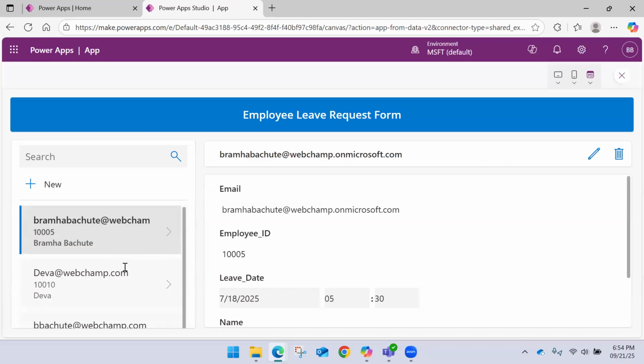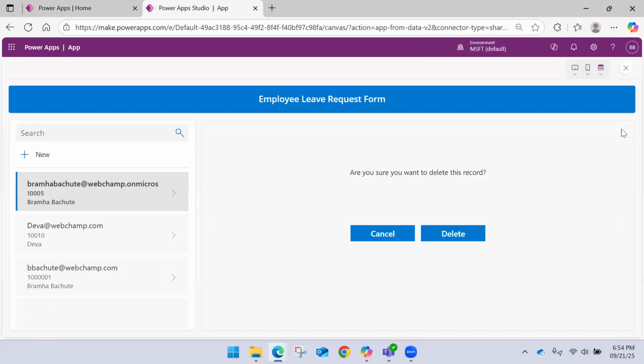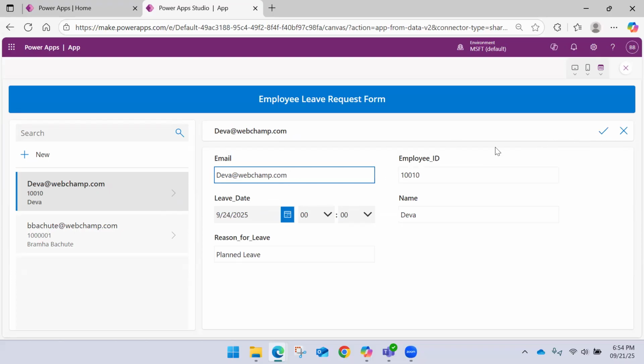Right. So out of this CRUD, if I reduce the size, you can see I have three more. Let me delete this. So these are the two records I'm left with. Let's say I wanted to update the data for this record. I can click on the edit. If I click on the edit, this icon will change to a tick mark, and then here I can say,